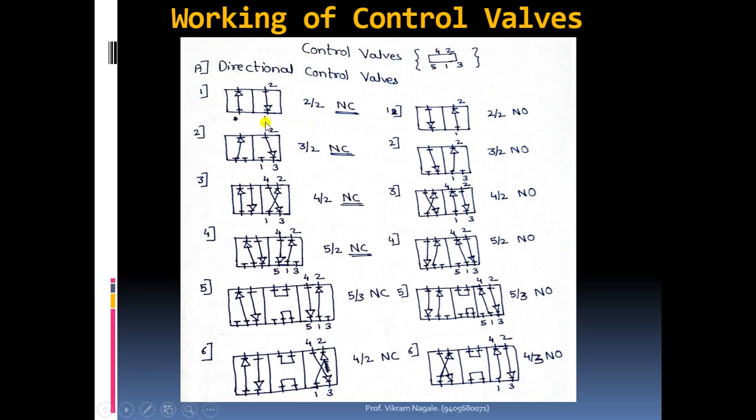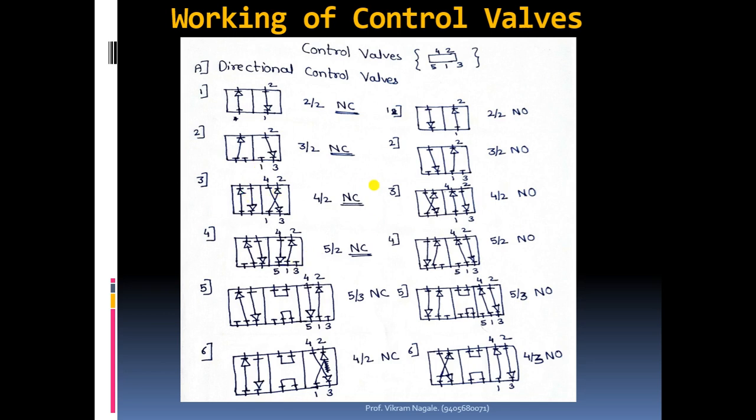Here you can see the first valve is 2 by 2 NC. NC means normally closed. Closed means this valve is not sending the compressed air from the input side to the output side. If you observe this carefully, you'll get one thing. I have given numbers to the right side block only. It is assumed that mostly, at all times, the right side block is in active condition normally. I will tell you the reason behind this also.